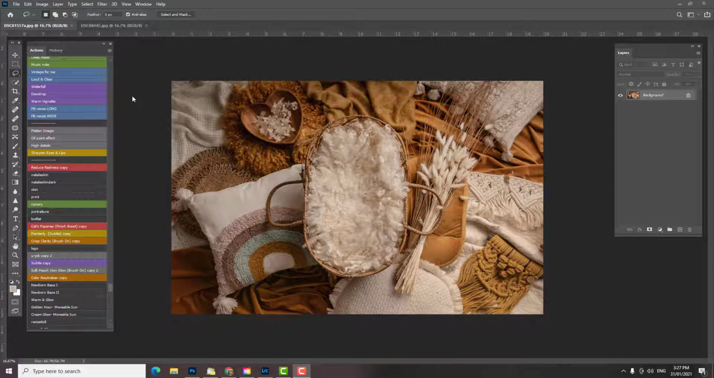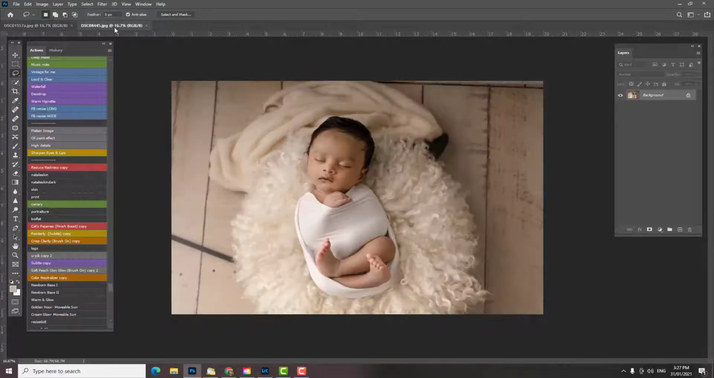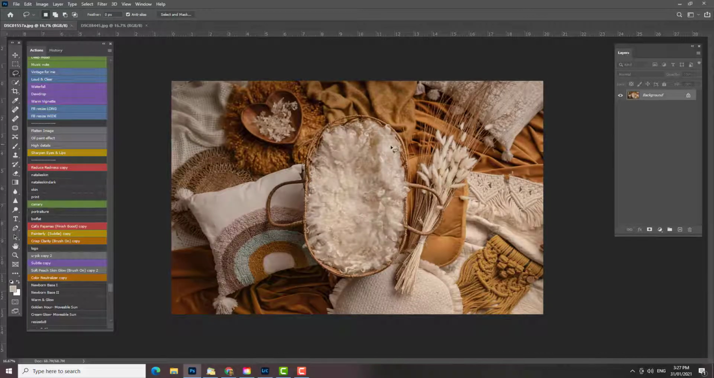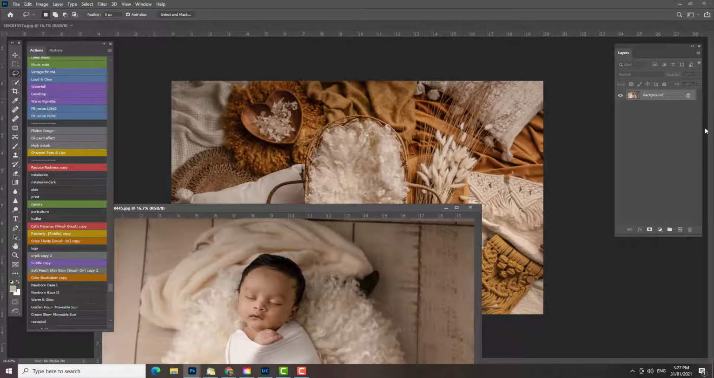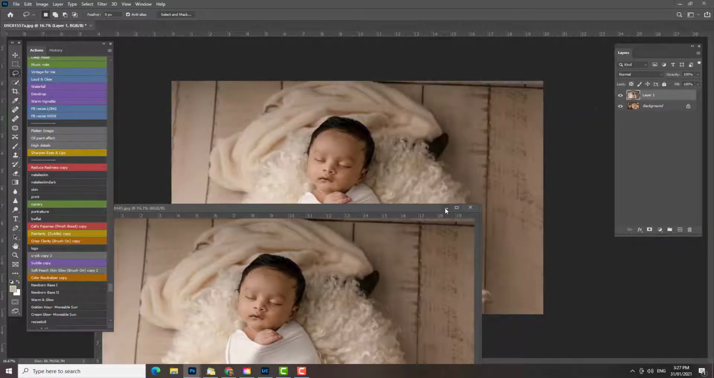So here's my digital backdrop, and here's my beautiful baby that I photographed. Now the light, when I photographed this guy, I had my light coming from up here, so you can see the light is gently falling across this direction. When I actually shot the backdrop, the light was coming from the opposite direction, but we can fix that really easily. So what I'm going to do is just drag him into our backdrop,